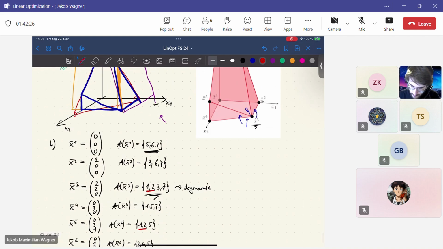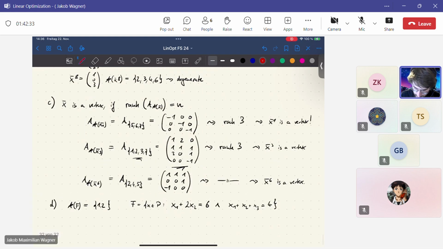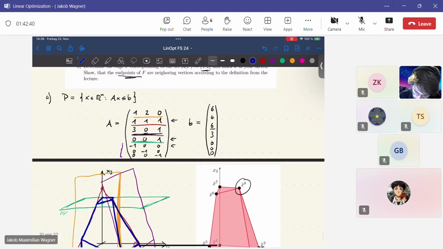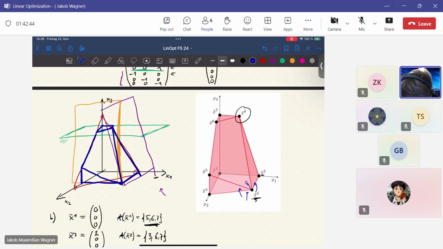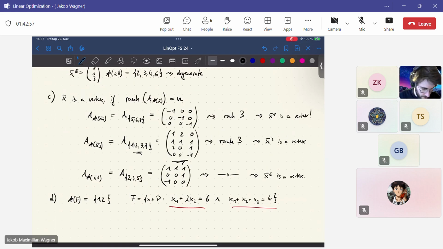So if we either connect those vertices, or if we just draw this set F given by these equality constraints directly into our drawing, we will get that this set here is our edge F. So this is the edge connecting x3